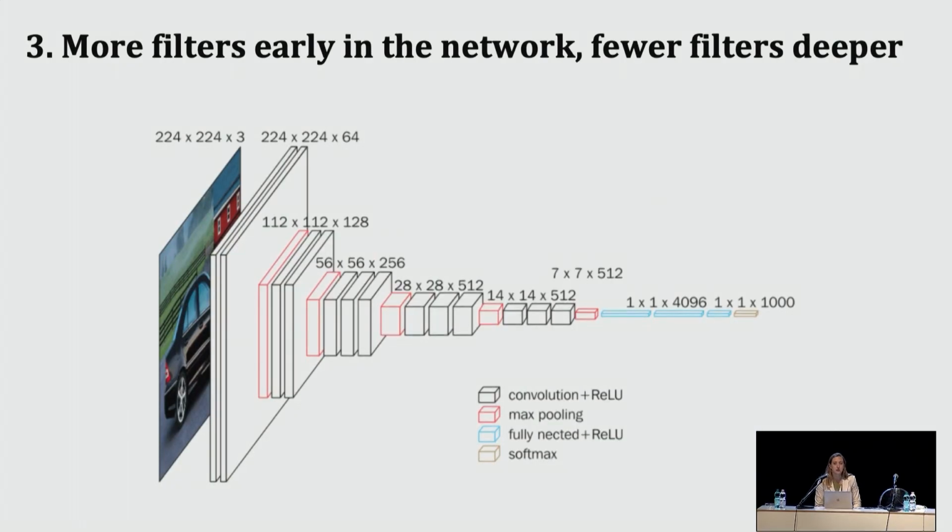So the third challenge that we made to the typical CNN architecture was to apply more filters early in the network. Typically, you'll start with a few filters right at the beginning, and later in the network, as you get deeper, you'll have many filters. Like here in this example, they start with 64, and their final layer has 512 filters.